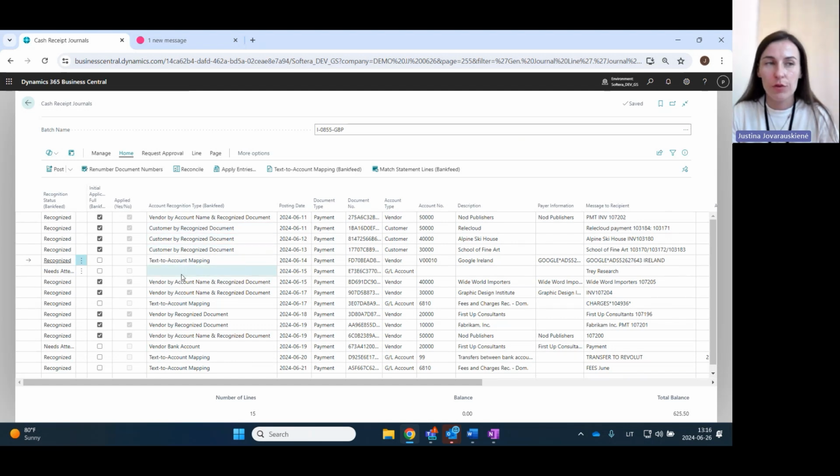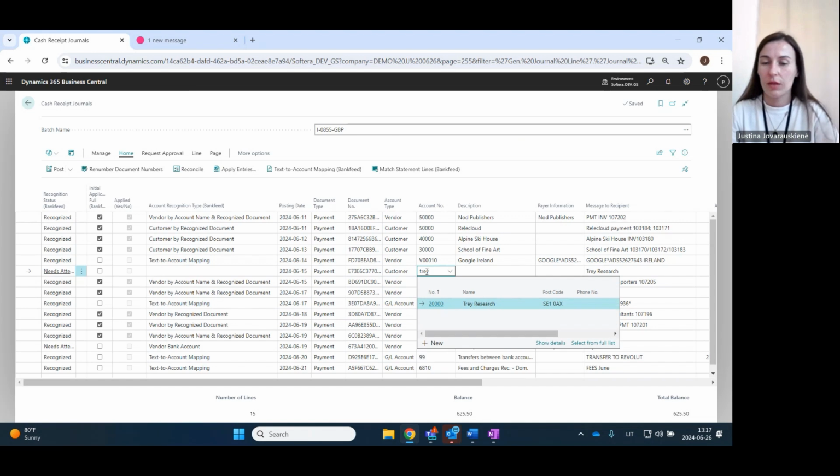Of course, sometimes for sure we will not have full recognition and application, because sometimes when our clients pay, we don't have any information in the payment details. Maybe they are not writing invoice numbers, and maybe we don't have bank account numbers in statements, or in this customer or vendor card. So we will have this recognition status of transactions like this: needs attention. This means that we need to select by ourselves that it is a customer,